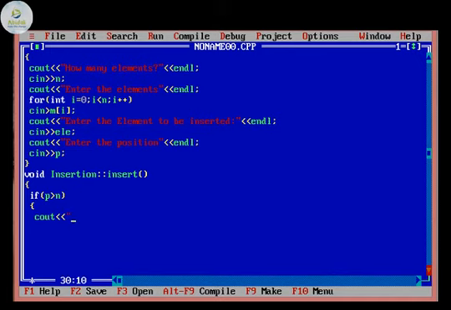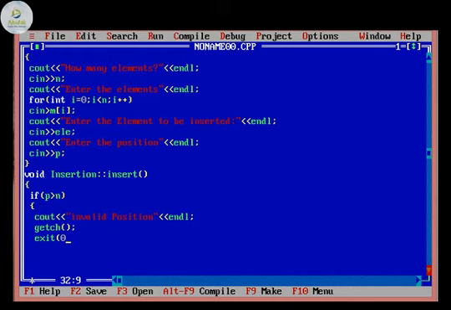Cout invalid position. Invalid position, that is not possible to insert. This I need to get displayed on the screen, so I will use getch. Because the position is not given correctly, there is no requirement of continuing the program. That means I need to terminate the entire program.